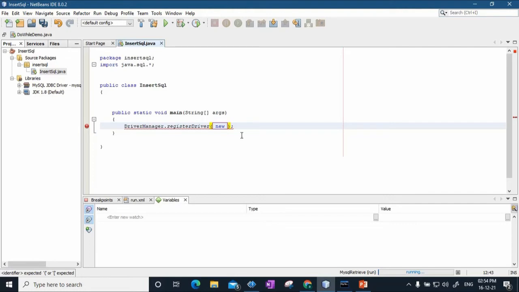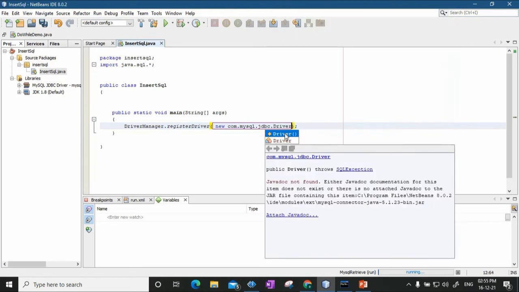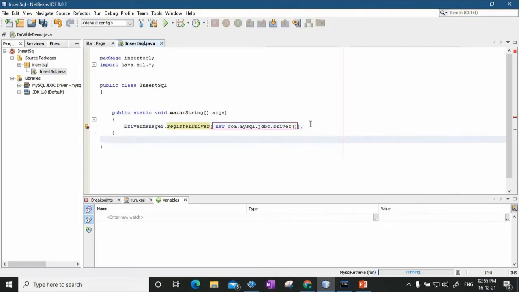Now here you are going to specify the driver name, so I'll say com.mysql.jdbc. This is a package, and it has a class called Driver. So this is how we have registered the driver.